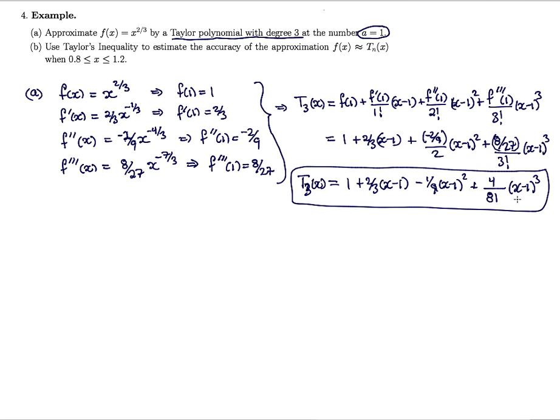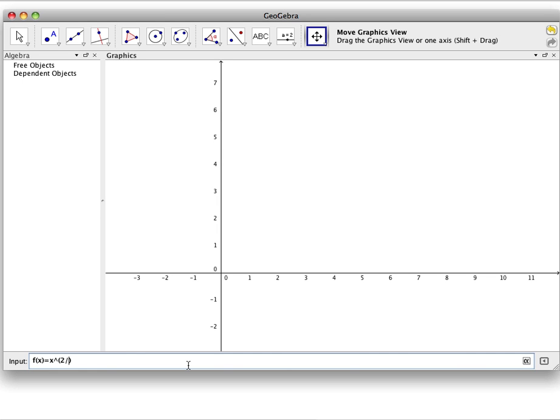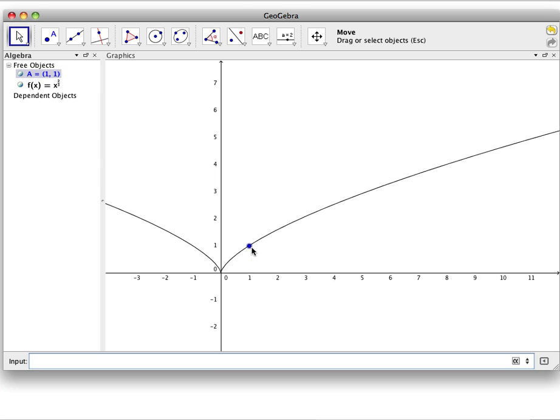What does it mean? What does it represent? Let's try to come up with some sort of visual representation of this. So there's our function. The point we're interested in is 1 comma 1. That's the point we're going to construct our Taylor polynomial at. So find a degree 3 polynomial that approximates the function close to that point. And we already worked out what that Taylor polynomial was. But in GeoGebra, which is the program we're using here, there's a built-in Taylor polynomial command. So Taylor,